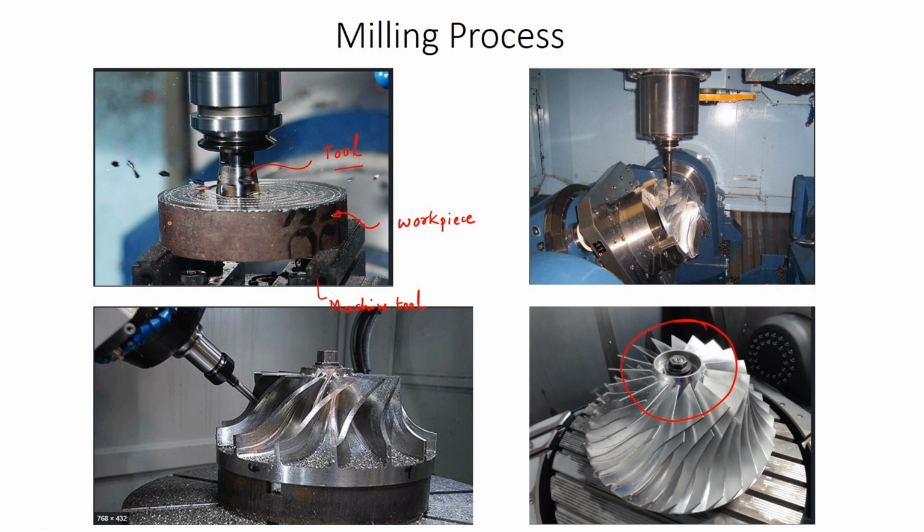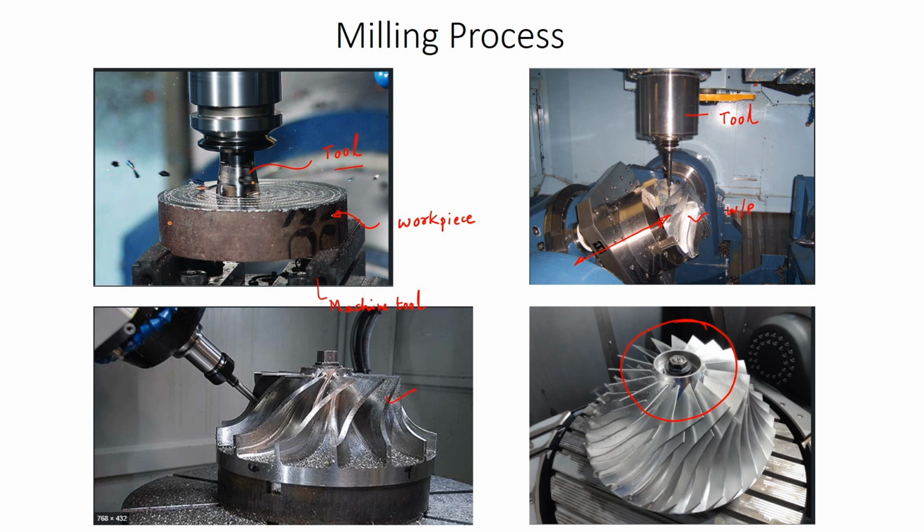So, you can see the tool and the workpiece. This is the tool and this is the workpiece. Here the workpiece is inclined, we are moving the workpiece with respect to the tool, or we may have a configuration where the tool is moving,